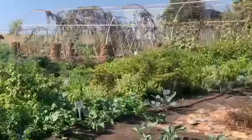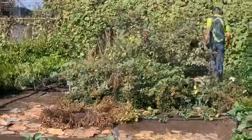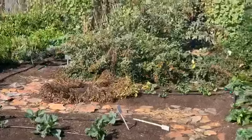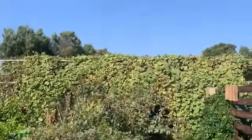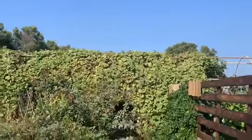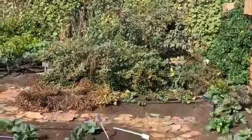This garden over here, this is, or it was, a bean show garden. What we've done now is we've planted a whole lot of spinach. That shrub in the background over there is a pigeon pea. If you look,